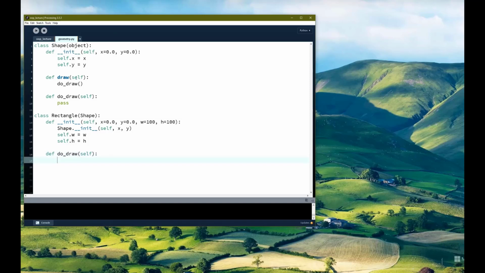So in this case here, calling draw on the shape function, we'll call doDraw. And we delegate this functionality to rectangle here. So the shape in itself is an abstract object. We will not create shapes directly, but we will create derived objects of shape. So we call